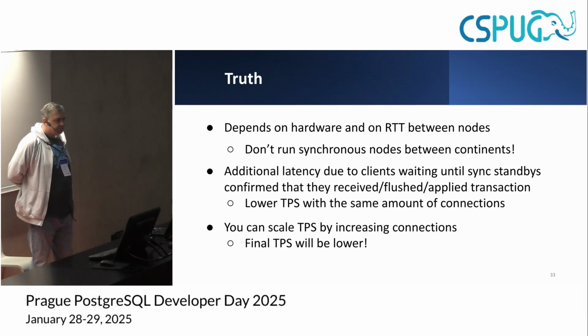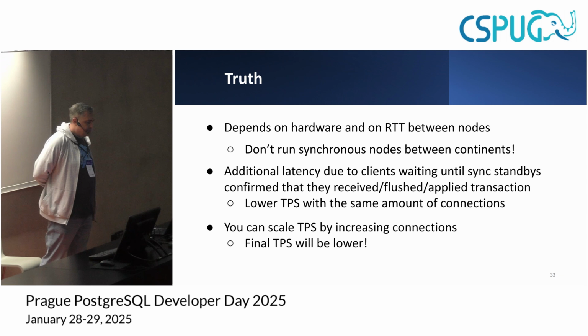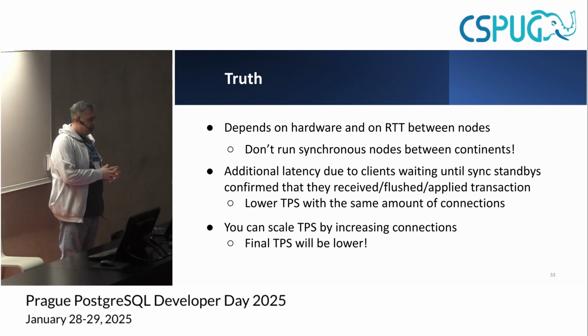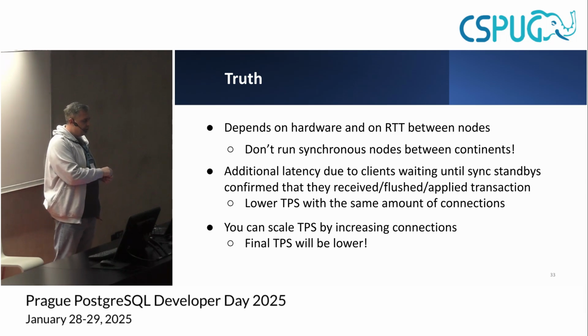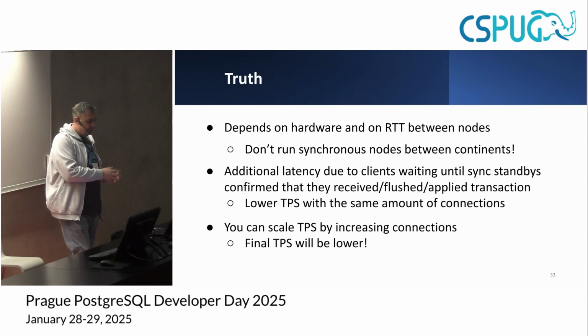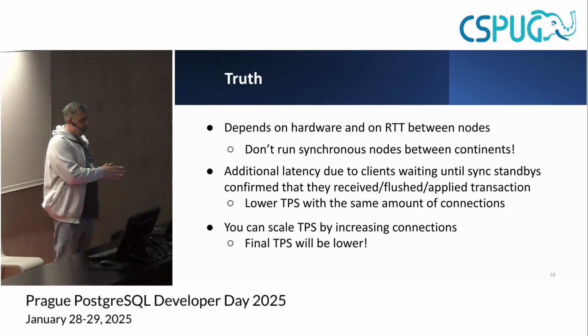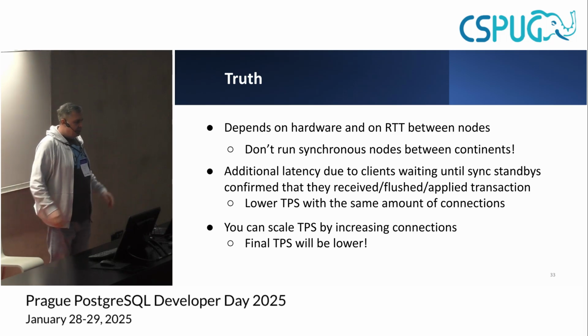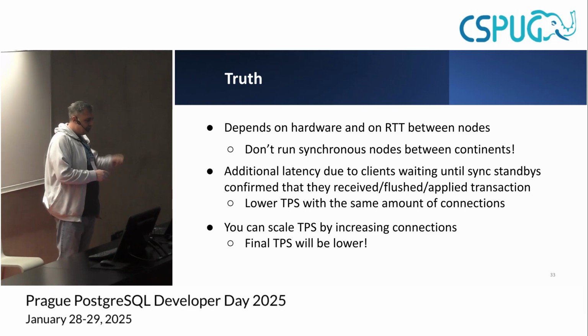So what is the conclusion from this benchmark? In fact, the speed of replication remains the same because it's just a TCP connection. And if the connection can handle, let's say, 10 megabytes per second, it will remain the same. But if we count transactions per second that we see on the primary, it will be less as the round trip between nodes increases.